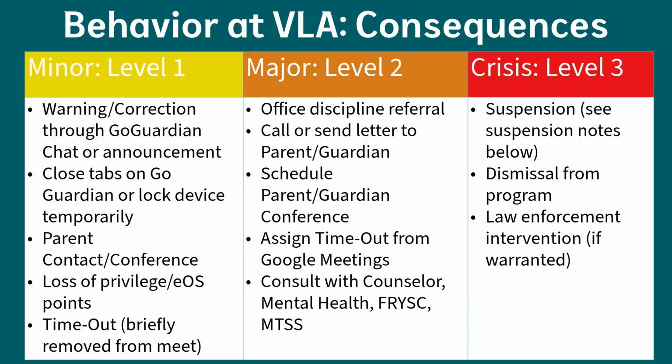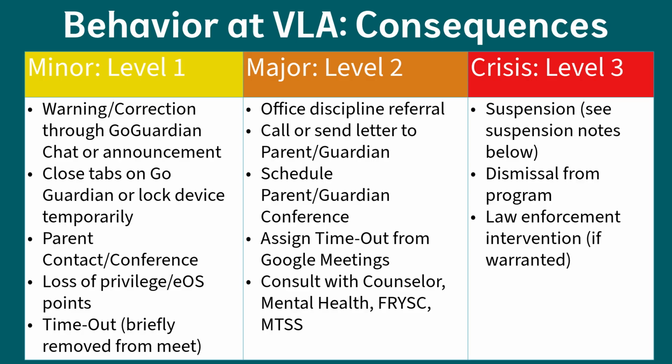The consequences for behavior violations at each of these levels is a bit different. For a minor violation, you may receive a warning or correction through GoGuardian from your teacher. Your teacher may close tabs on your device or lock your device temporarily. Your teacher may or may not contact your parent, depending on the minor violation. You may lose privileges or lose EOS points, or you may receive a brief timeout or be briefly removed from